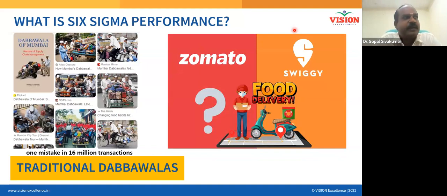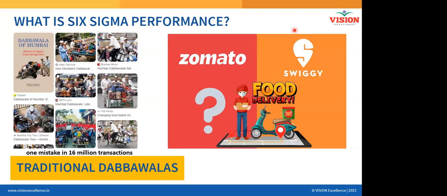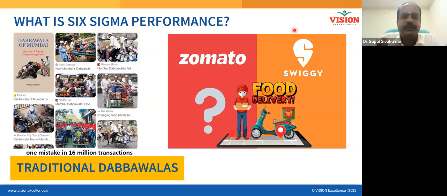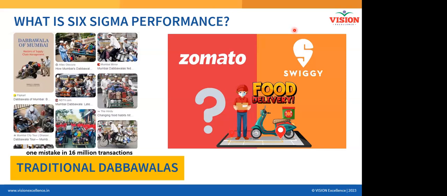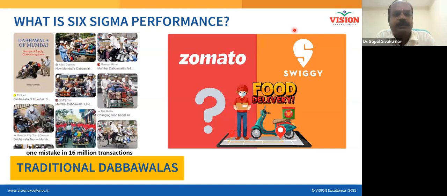And for them, can you tell me how can we measure their performance? One thing is timely delivery, same like Dabbawala, timely delivery. And then the other thing is the food should reach you fresh, before time. Delivering the right food to the right person, and it should not be damaged. Proper packaging, delivered without damage, to the right person, on time.